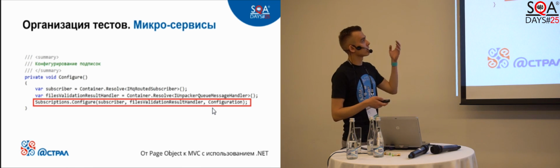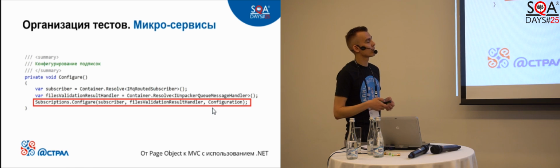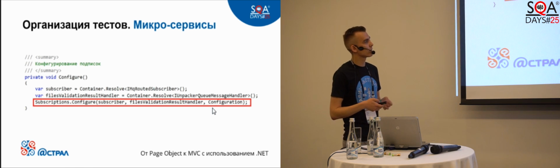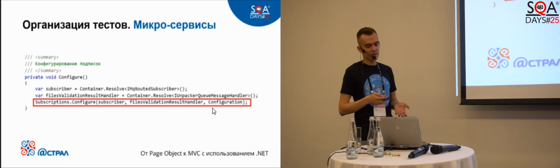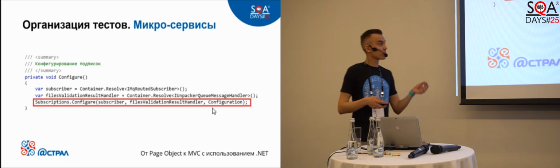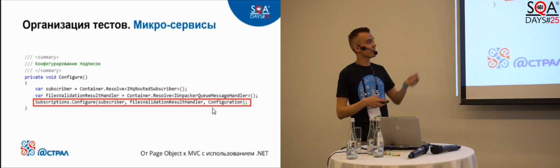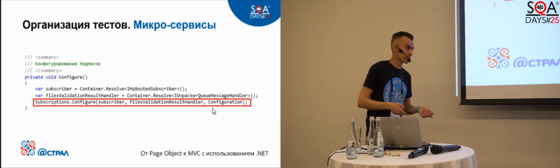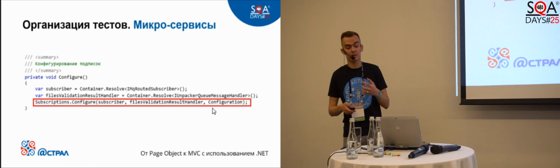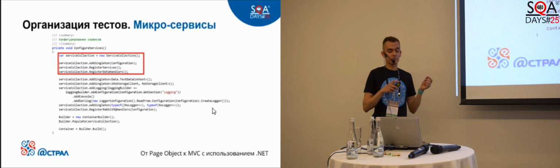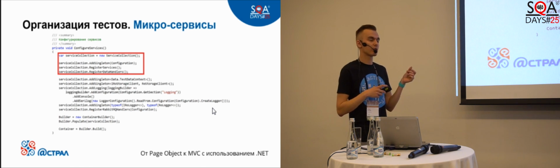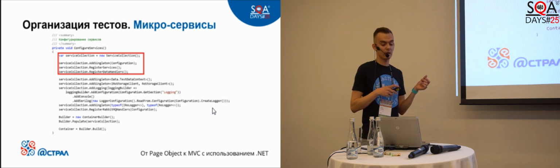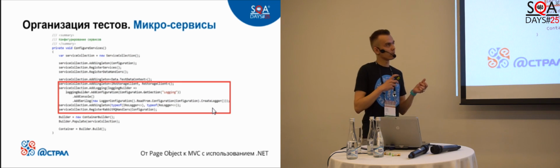In the current example, we configure the application itself. We configure the subscriptions service, the queue service and its logical structure, the service of orders and subscriptions. On this stage, you register all services and processes you need for tests.